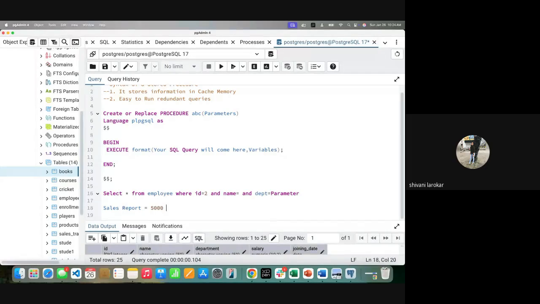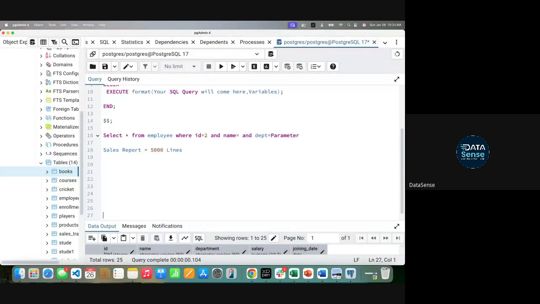Now the code logic: every morning you come to the office and you just have to run that report, take the data, and put it in a dashboard. That's what you need to do. Now you will not go through 5,000 lines. You just need to update the date. Today is January 26.